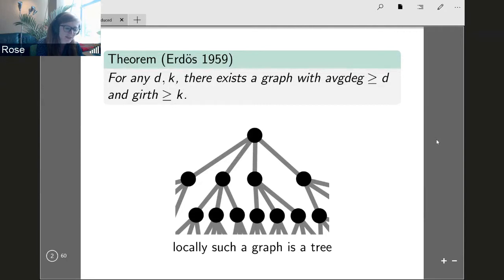But at first, whenever you see this, I think it's surprising because it says that you can find really dense graphs in this sense, that the average degree is at least any given constant. That's what I'm going to mean by dense in this talk. But yet they locally look like a tree. Since the girth is the size of a shortest cycle, this means that if you look at any one vertex and look at its local neighborhood surrounding it, you just see a tree. So locally, it's as sparse as you can get, even though the graph itself is quite dense.